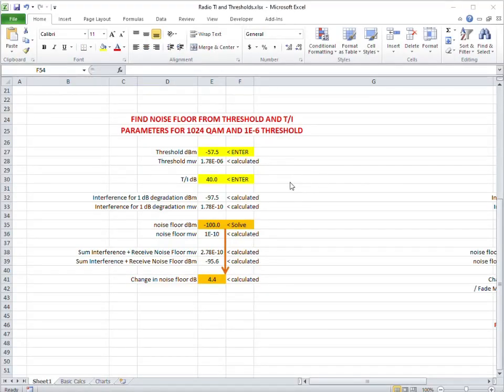Okay, in this spreadsheet, I've got a threshold of minus 57.5 and a T to I specification from the manufacturer of 40. I'll show you where these two numbers came from in a moment. Based upon the T to I definition, the interference is then going to be the threshold minus the T to I, which gives me minus 97.5. This is the interference level which should cause a 1 dB degradation. Now, I'm going to assume initially a minus 100 dBm noise floor, and then I'm going to add the interference to the noise using the method that I